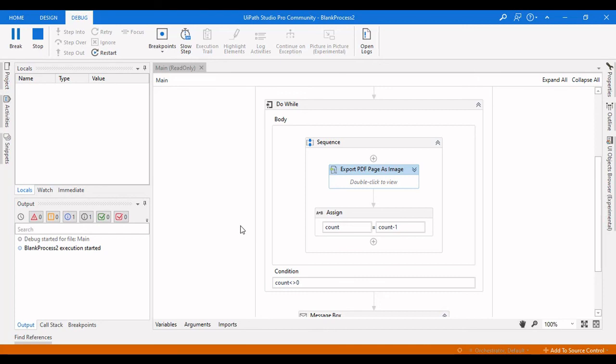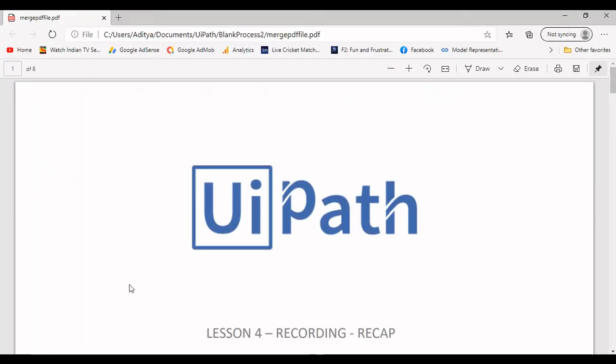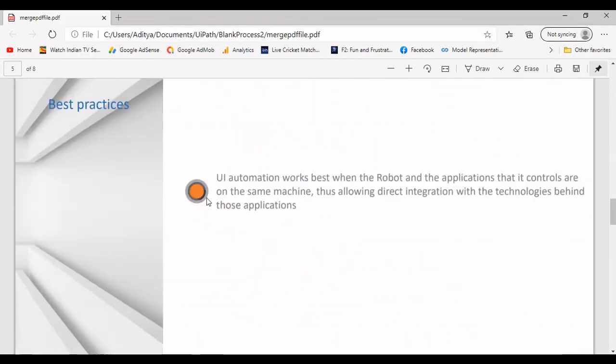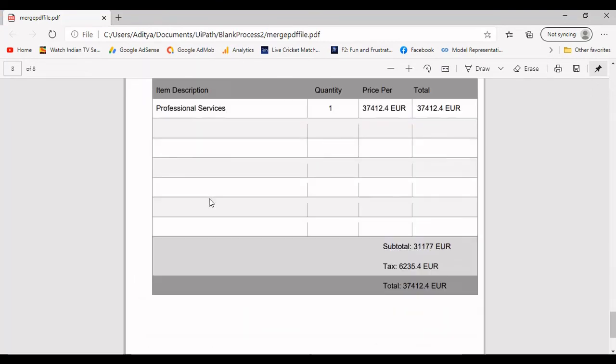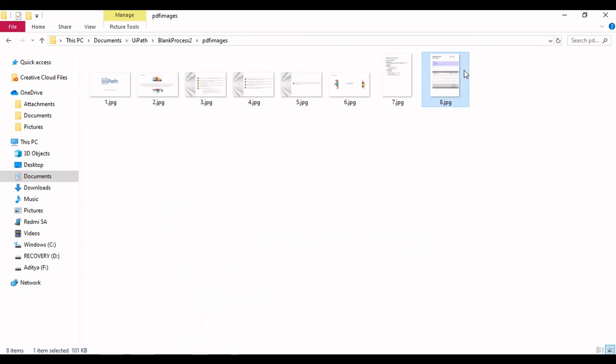The process is started and it is extracting, and the process is completed now. So now we will check this. You can see the 8 pages here that have been taken from this particular PDF. The last one, the 8th, is the invoice, and the 7th one is the resume, and these are the other pages.